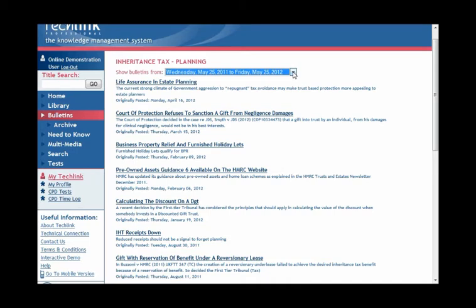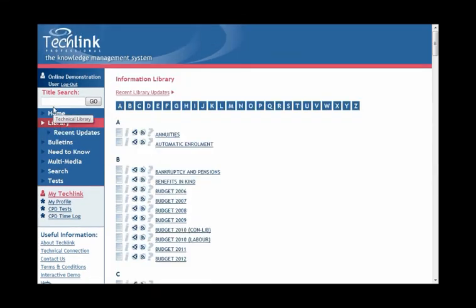We are now going to look at the library section of the site, which can be accessed by clicking on the library button on the navigation column. The library offers a focused, comprehensive library of all the information on tax, the law and product applications we believe you will need. Once you have clicked on the library section, you are presented with the list of subject headings